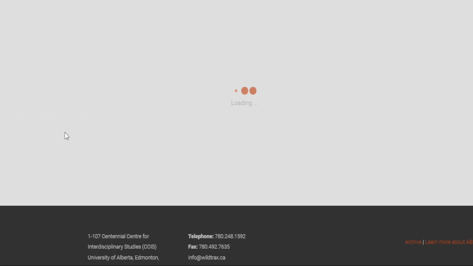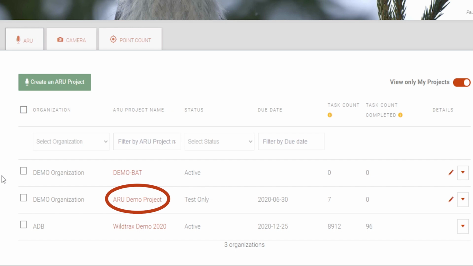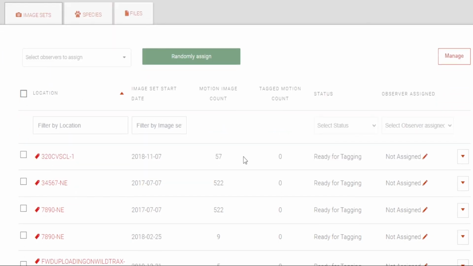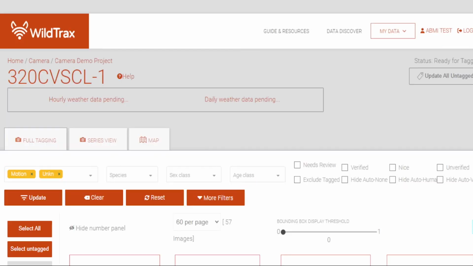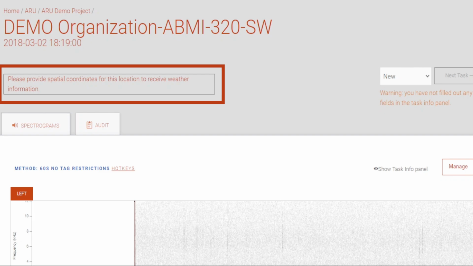For these examples, we'll look at the projects labeled Camera Demo Project and ARU Demo Project. The Camera Demo Project will contain all of the pictures from their remote cameras, and the ARU Demo Project will contain all of the audio files from their ARUs. When spatial coordinates are available, the ARU processing page will show what the weather conditions were like at the time